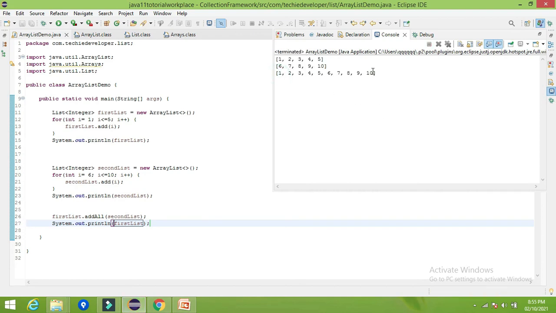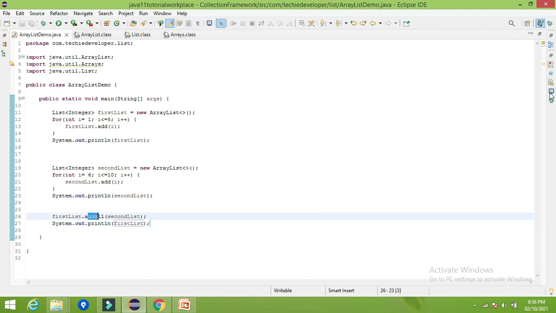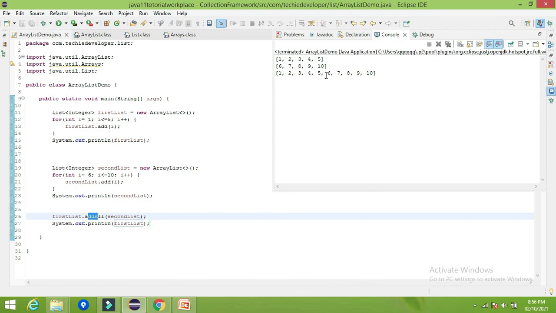So here you can find 1 2 3 4 5, these are the elements from the first list, and 6 7 8 9 10, these are the elements from the second list. Here when we use the method addAll, by default it appends the list elements at the end, right?